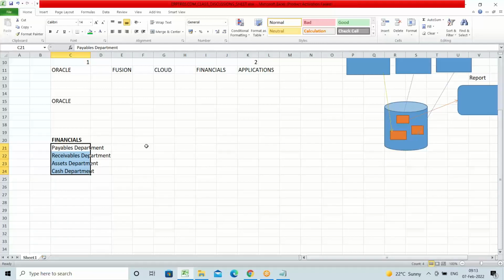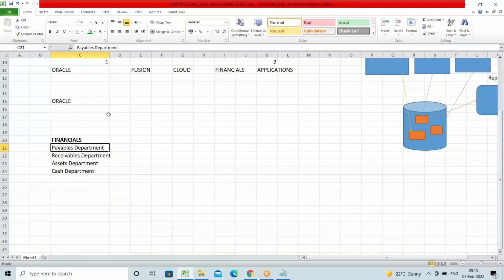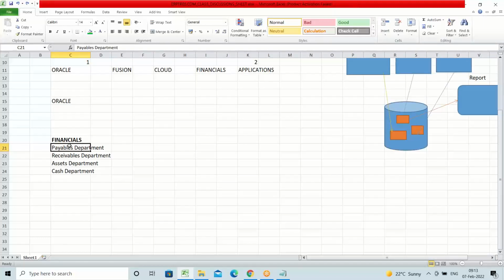Why are we calling these finance related departments? If you notice what these departments do, you can understand why we are calling them financial departments. When you talk about the payables department, what they do in very detailed level we'll see when we work on the relevant topics. For now, I'm just introducing at a very high level. What typically we do in the payables department, we create